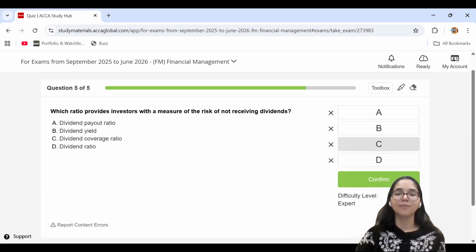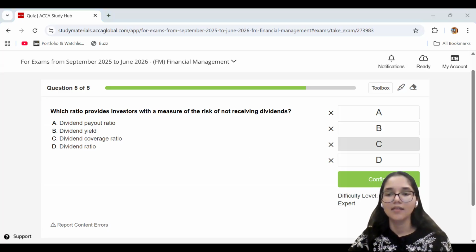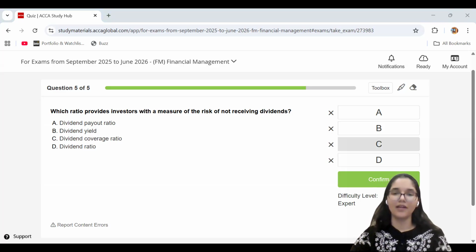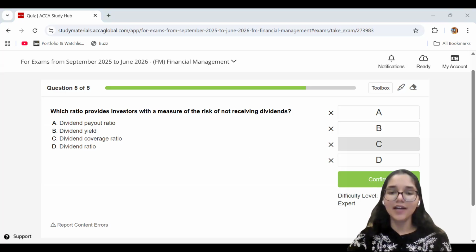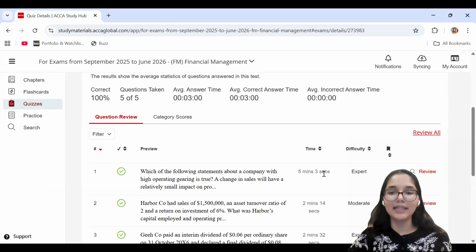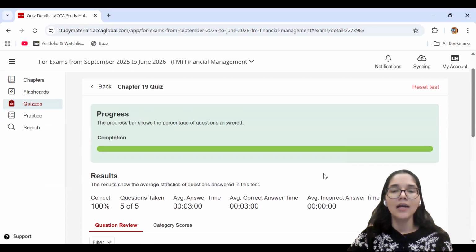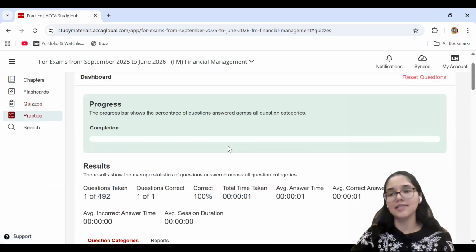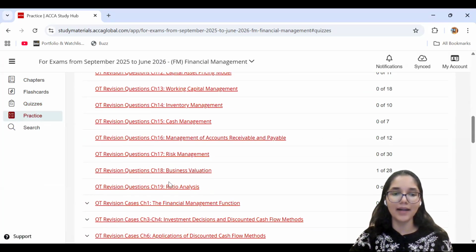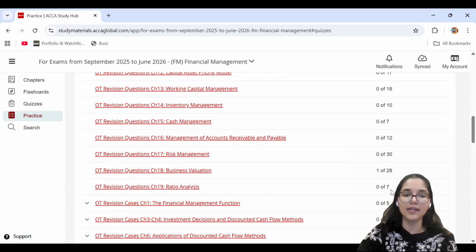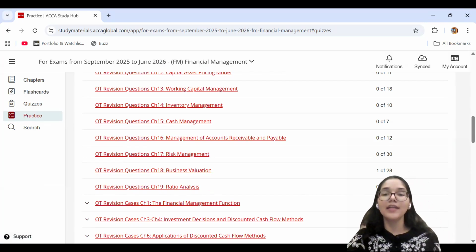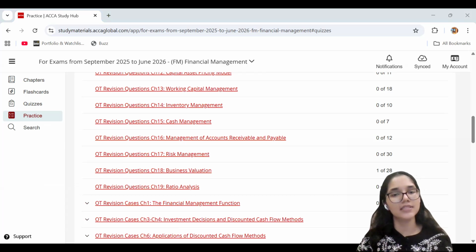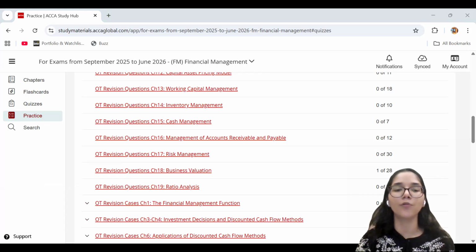Okay, clear, guys? Is this understood by everyone? Okay, all right. So with this, we are through with chapter number 19 completely, and we are done with the quiz also. Now, it goes without saying that your homework for this session, the next time that we meet, you people are supposed to practice these OT revision questions. These are 7 questions in the practice portion of the study hub before you people come up for the next session, which will be day after tomorrow, same time, and I'll share the link with you people over WhatsApp.